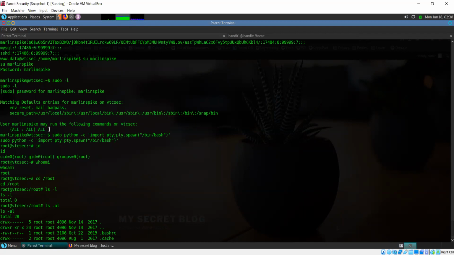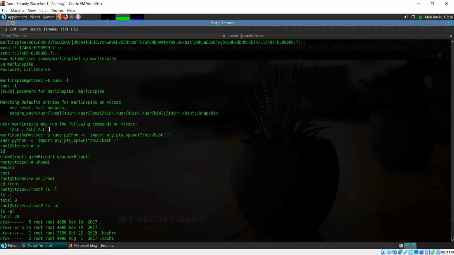In those situations, we'll look for different ways to escalate our privileges. If you're not able to use sudo, that's not the only thing that is possible. We are going to look at other methods to perform privilege escalation as well. Don't worry about that.